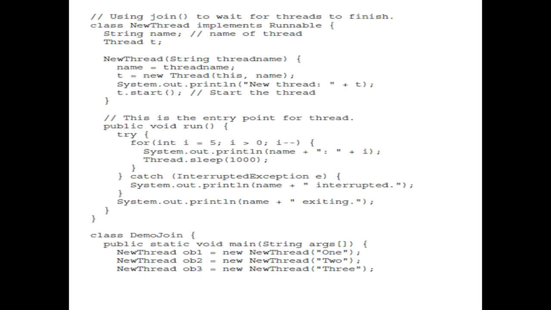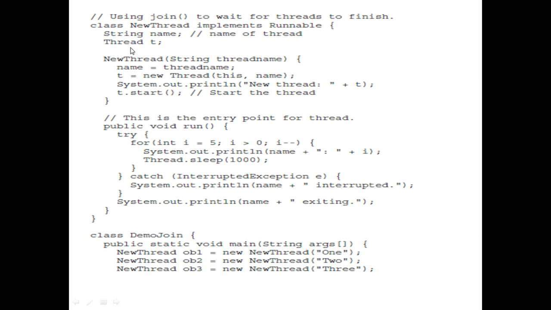Here is an example in which we have used both methods, isAlive as well as join. This is the same example we took in the multiple thread programs. We have created a class called NewThread, which implements the Runnable interface.